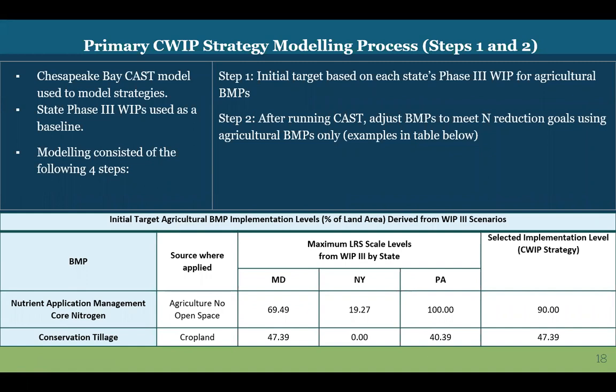So walking through the modeling process in a little bit more detail, we used the Chesapeake Bay CAST model, or the CAST tool, to do the modeling effort. The baseline for both the level of BMP implementation and for the loadings was the plans that were submitted by the states for their Phase 3 WIPs. So that's our starting point. We did this modeling in a 4-step process. The first 2 steps I'm going to talk about right here